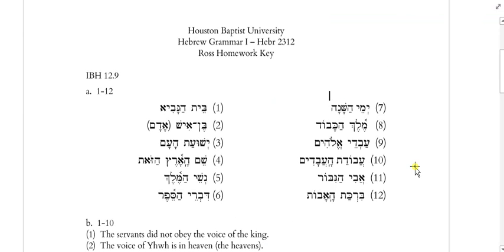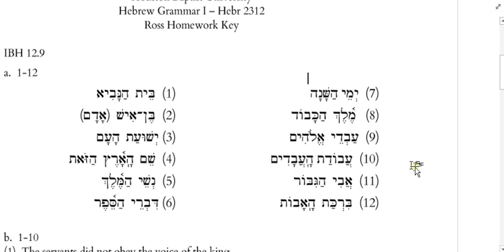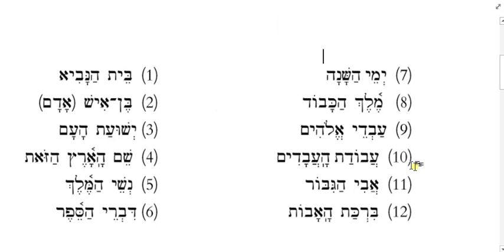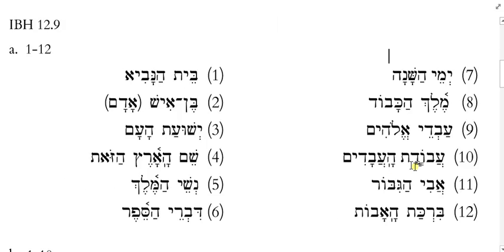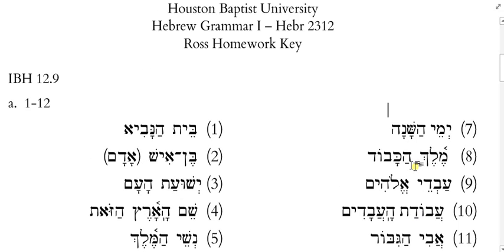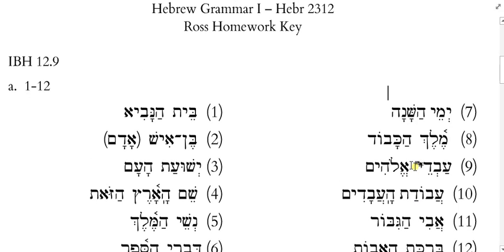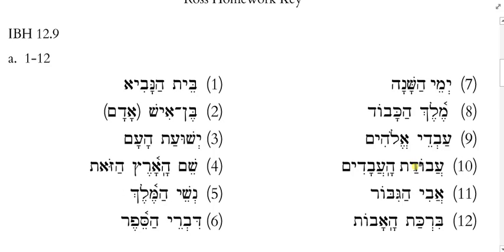Now for chapter 12's homework from Ross, there is a first section, and I asked you to do 1 through 12. So let me just ask, are there any questions about that first section that you want to go through? Any questions at all? The last one? So number 12.